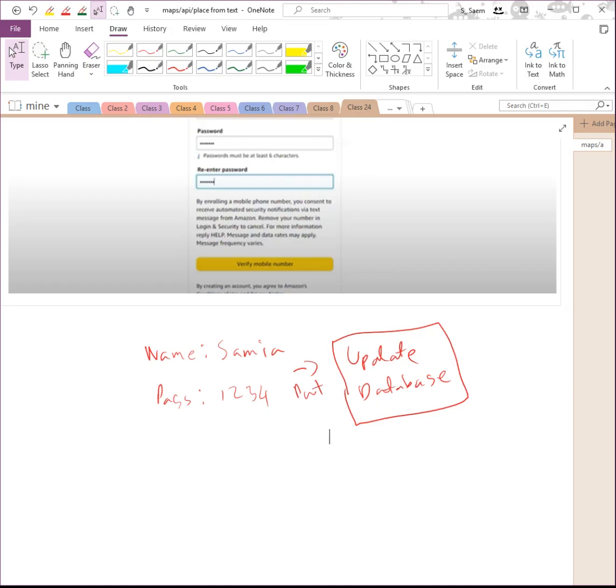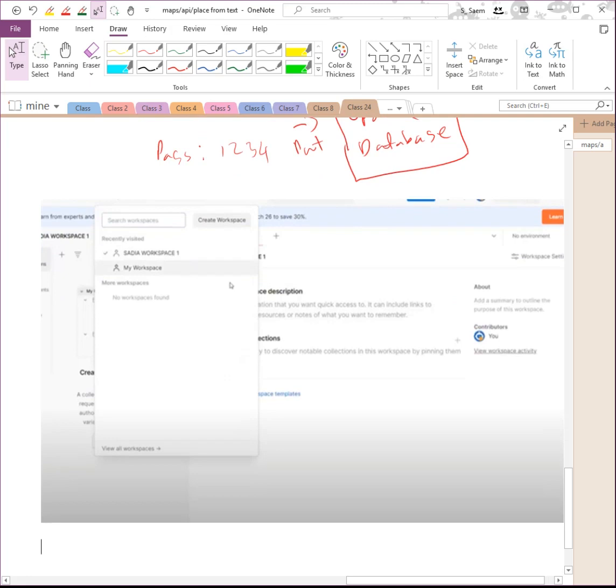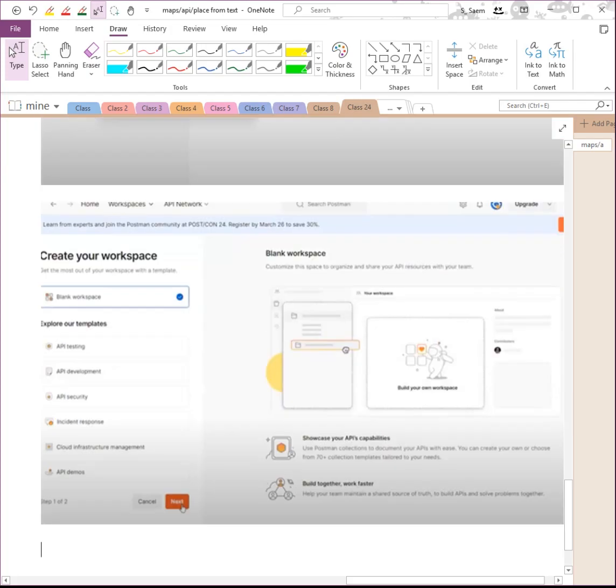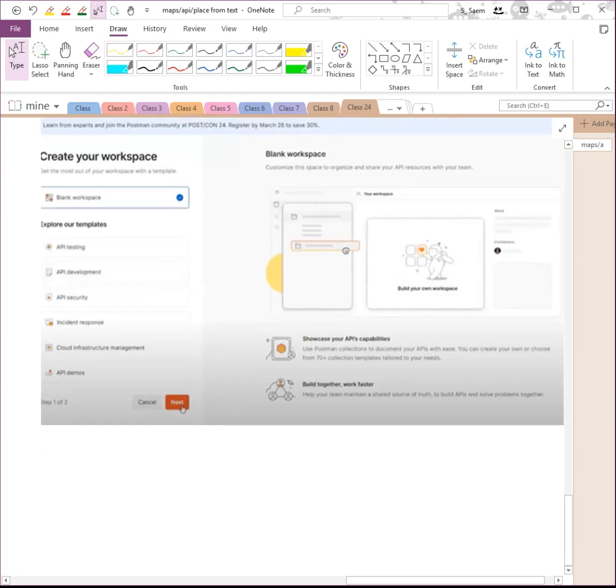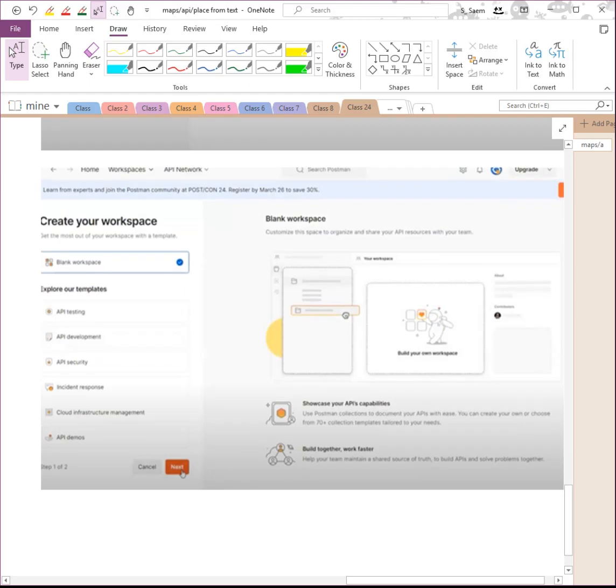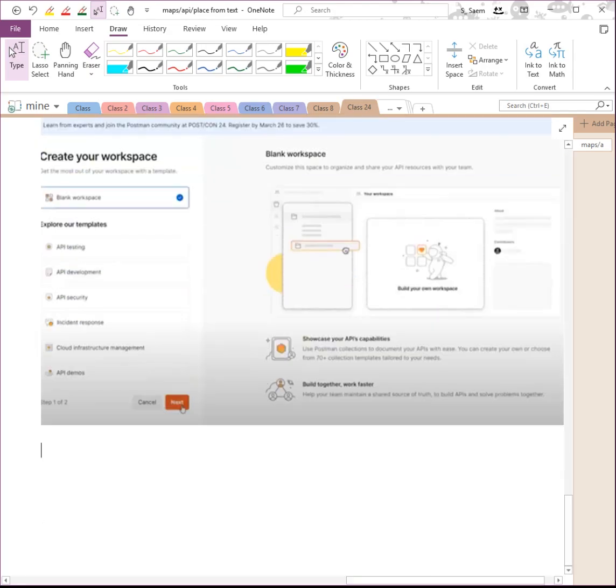Now let's open Postman and start experimenting with these methods. I will show you how to use them practically. So first create a workspace in Postman. You can go to create workspace or use an existing workspace in Postman. You can rename it and create a new account. After creating the account,